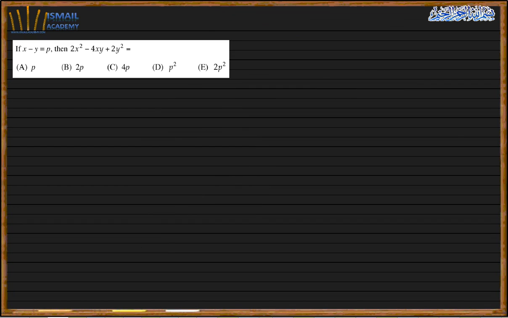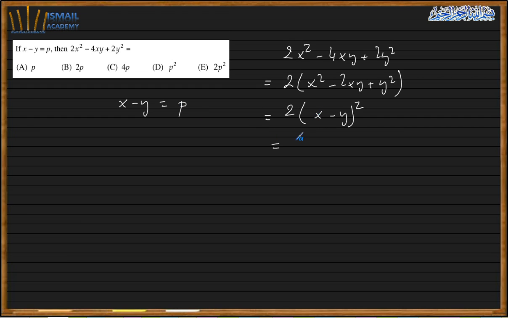So here we are, x minus y is b, that's why that was the value of 2x squared minus 4xy plus 2y squared, so this is the same thing, plus y minus y squared. We know that xy is b, so this is going to be 2p, so which is